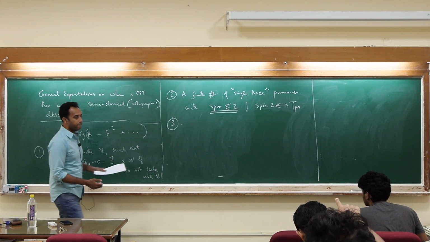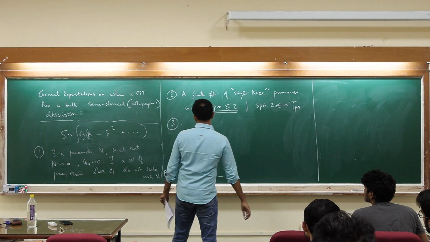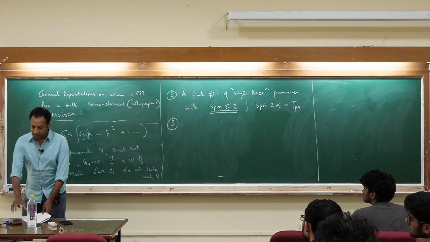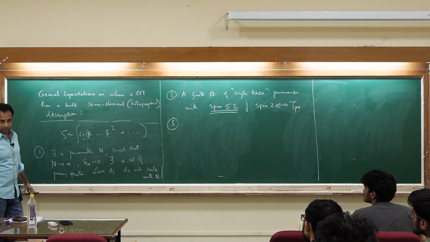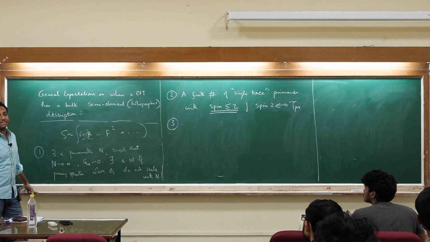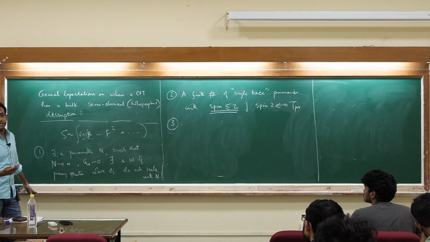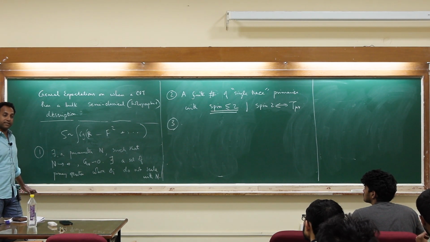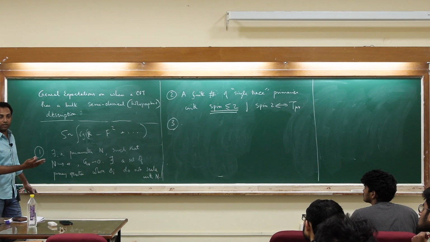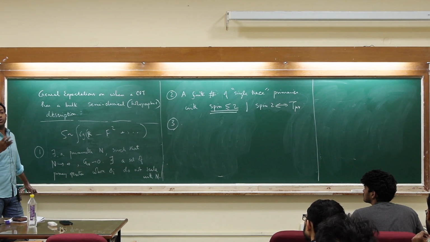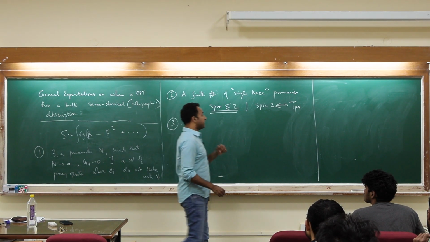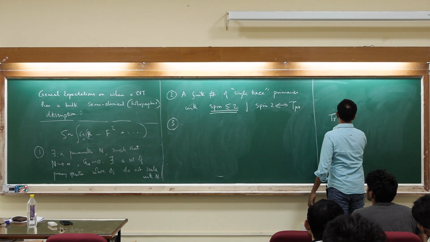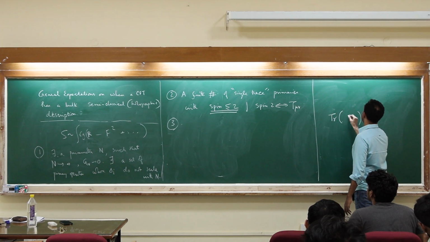So what is the single trace? In a general conformal field theory, single trace doesn't really make any sense. It makes sense when you have these gauge theories. A general conformal field theory does not need to be a gauge theory. But in the case of these large N gauge theories, which happen to be conformal field theories, like N equals 4 super Yang-Mills theory, there is a natural notion of single trace, because if you want to make gauge invariant local operators from the fields in the theory, what you should do is construct operators of this form.